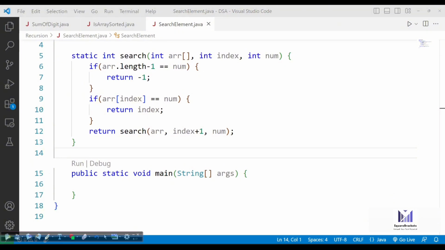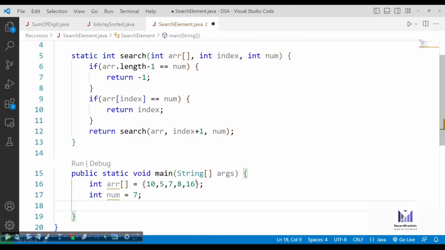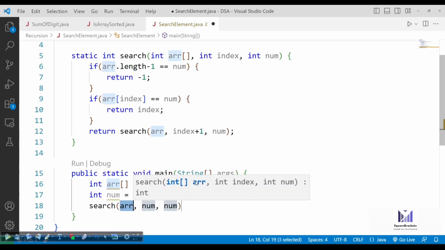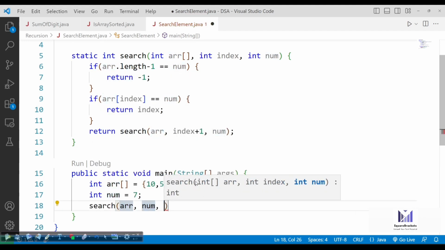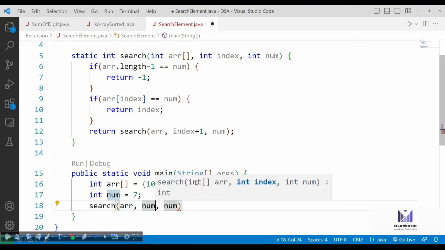And now you can try executing this program. Let me write here, array is this. And I just want to search an element, let's say 7. We'll be calling the search function with array, num, and starting index 0.